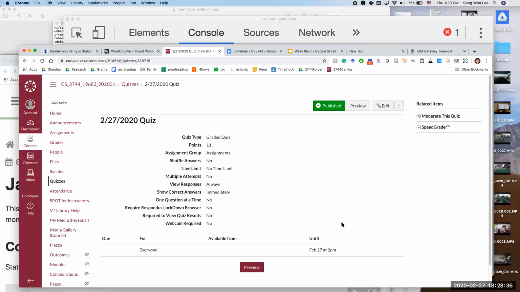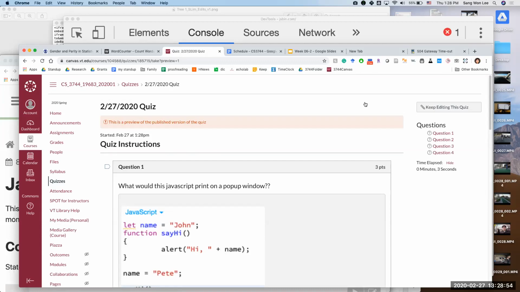Before you type it, just guess what the answer will be, and then see if that matches with the answer that you get. So once you're done, you can be